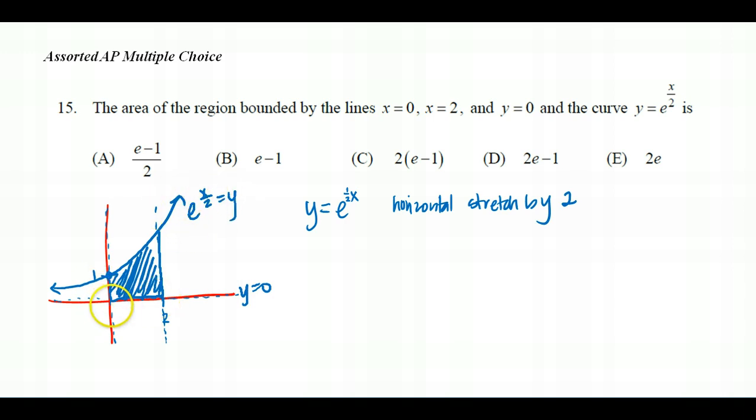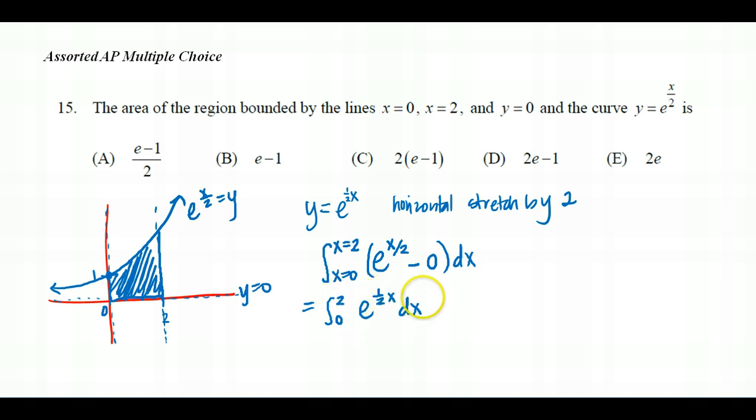And we actually do have limits of integration that are x values. We have x equals 0 and x equals 2. So we're evaluating the integral from x equals 0 to x equals 2 of the top function e to the x over 2 minus the bottom function 0 dx. So let's go ahead and shorten this to the integral from 0 to 2 of e to the 1 over